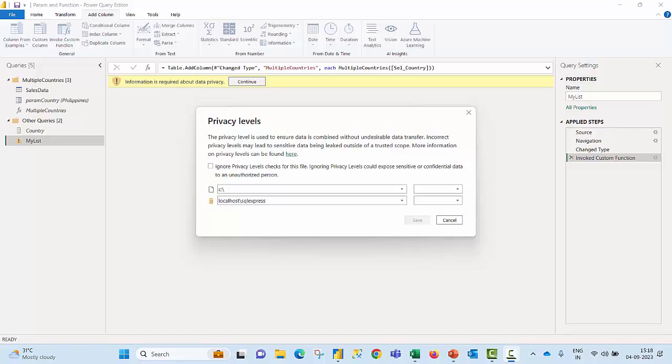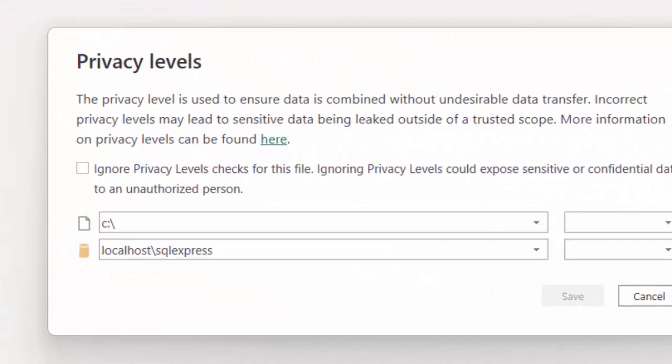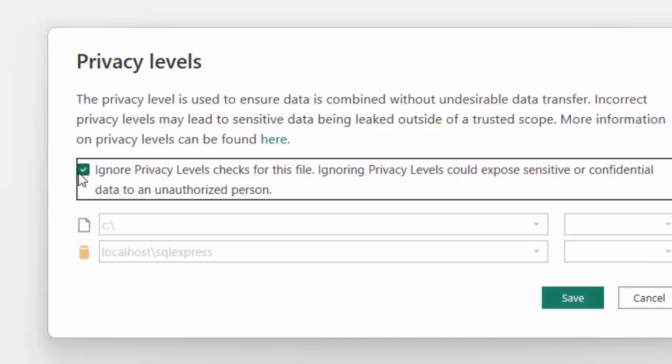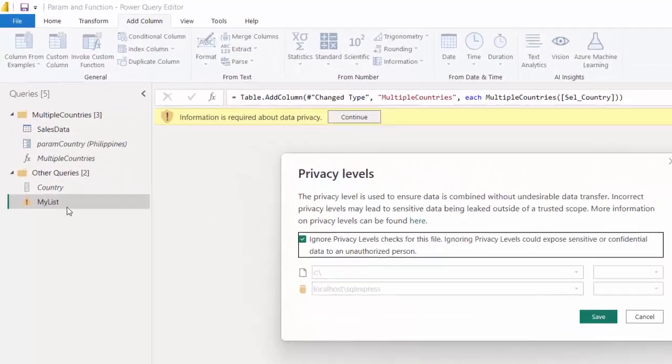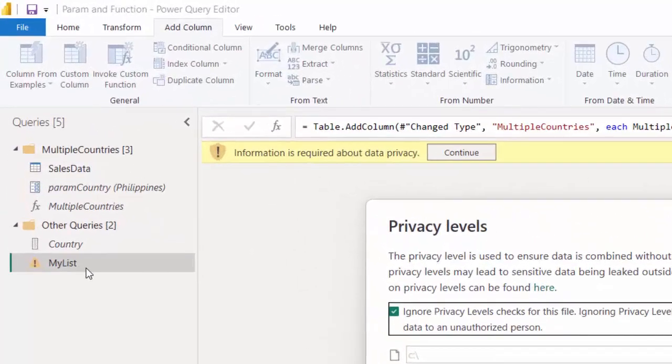For the sample demonstration, I'm going to ignore privacy levels for this particular file, but in real life, you need not do that. Probably you can check with your organizational policy and work accordingly. I'm now going to click on save. Prior to that, I want you to have a look at My List, which currently has an exclamation mark. Since I'm going to ignore privacy levels and hit save,